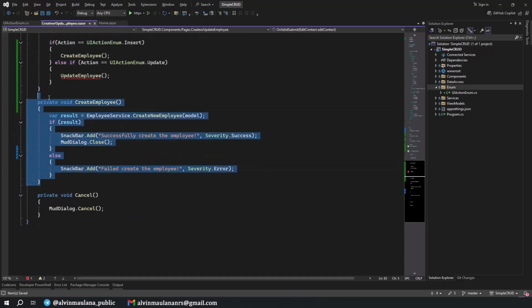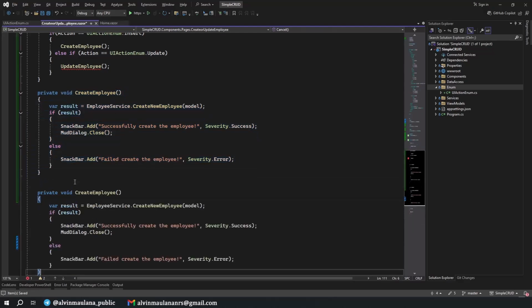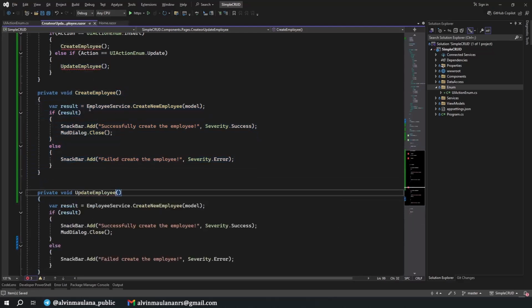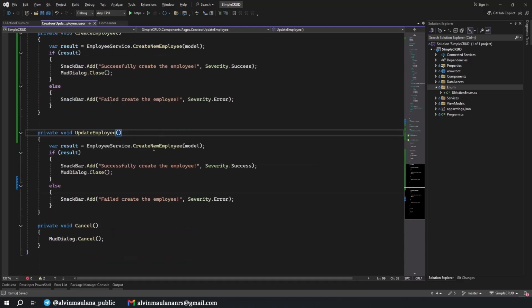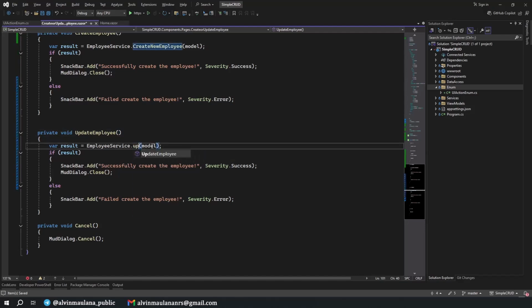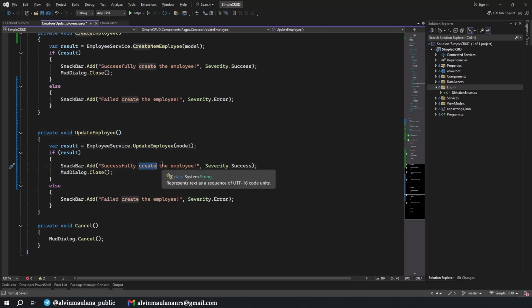And we need to define also update employee. I just copy from create employee, because basically it's the same, just need to change like this: update employee, calling the employee service for update employee, and change the alert, successfully update the employee.